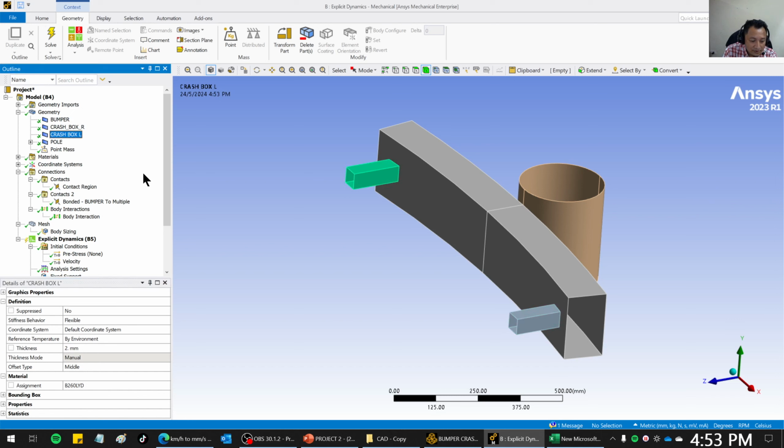This one also 1 millimeter. Change to 1 millimeter, so everything is 1 millimeter. Bumper 1 millimeter, crash box 1 mm, crash box left 1 mm. Pole, it doesn't matter, just leave it there, 2 mm. So actually if you take a look at the statistics,